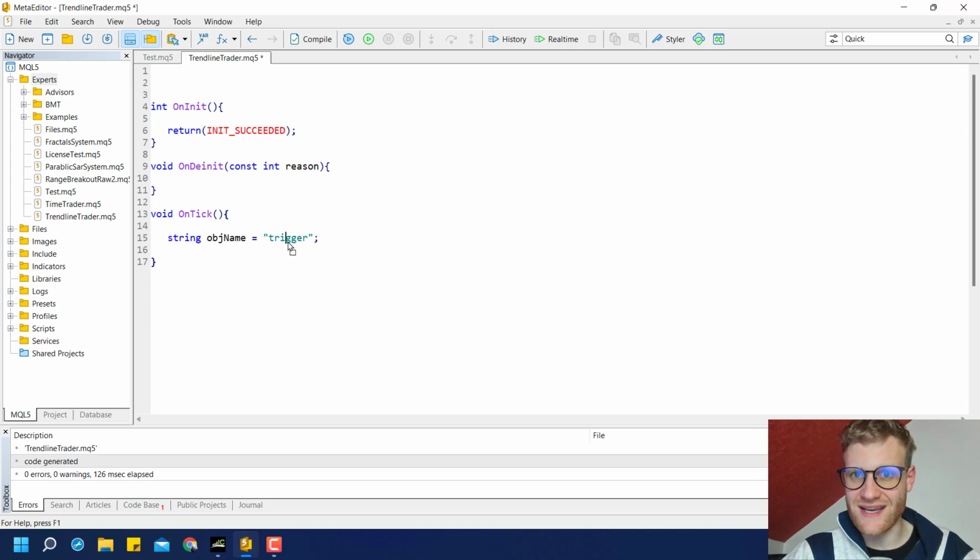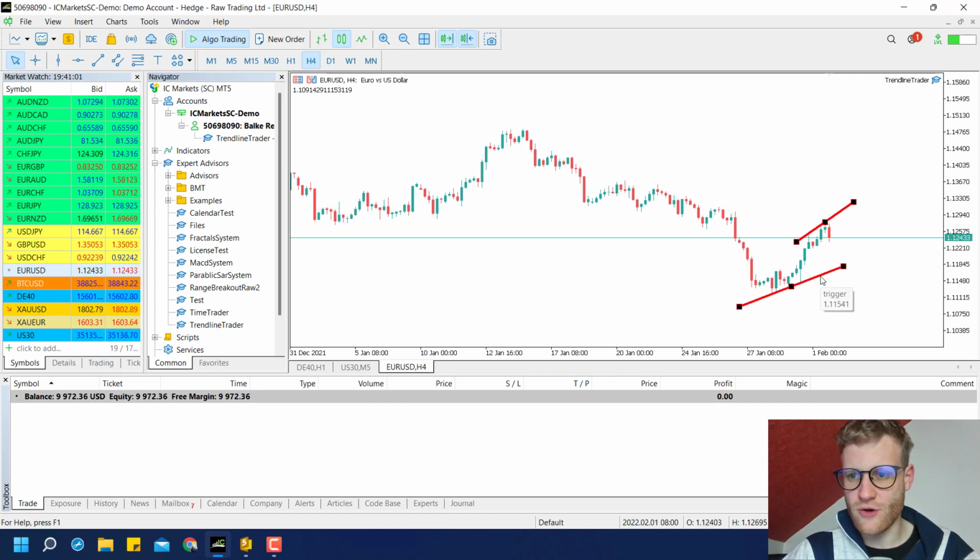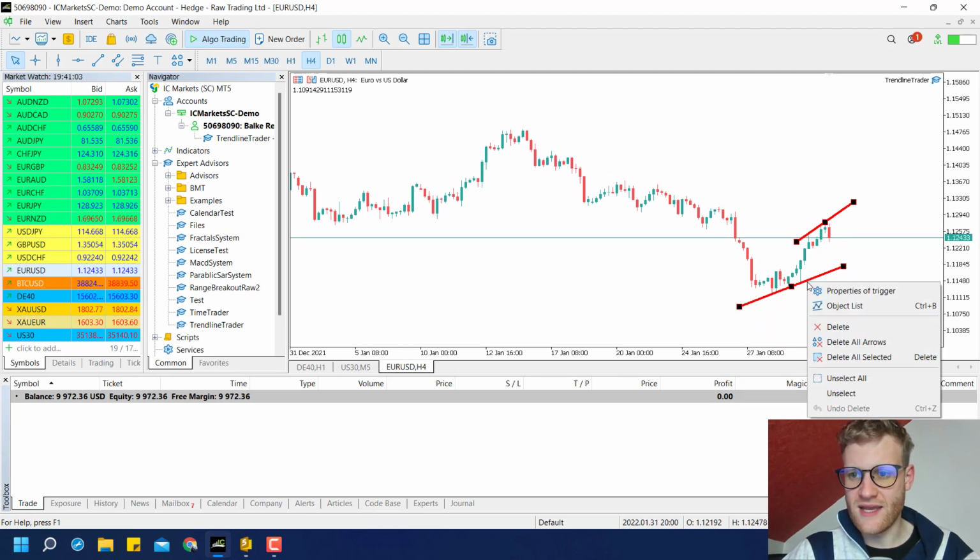So pretty much a text. And these texts always have to be inside of quotation marks, so the PC knows that it is a text. And we can put anything here pretty much. But I put "trigger" for a reason, because the lower trend line here that I already created is named